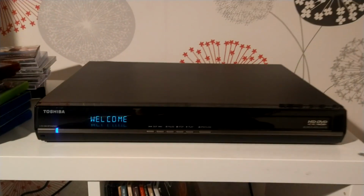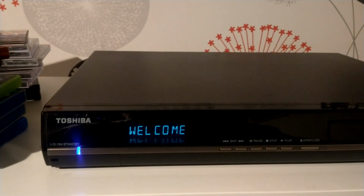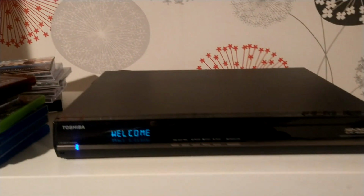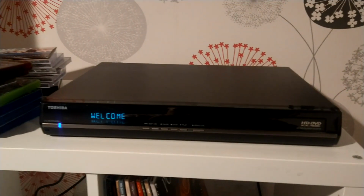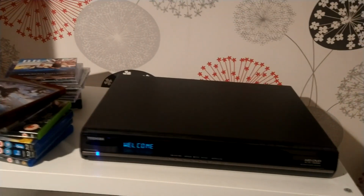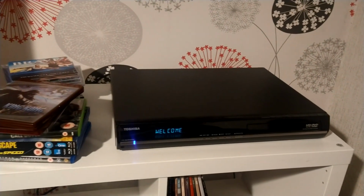It's a fantastic looking player and not that loud. You may hear the fan kicking in, but to be honest, when you put the film on, it's hardly noticeable at all. It's fairly quiet in operation, so I'm really happy about that. Fantastic, really impressed. So I can't get around the back, but just for anyone that wants to know, the connections